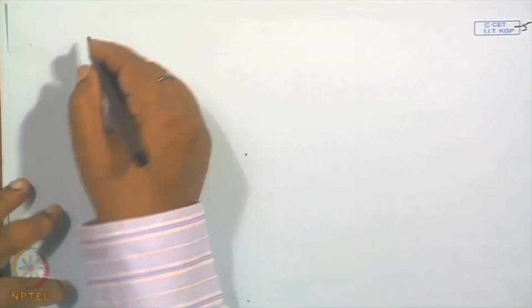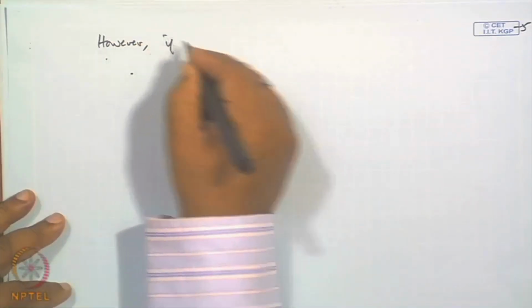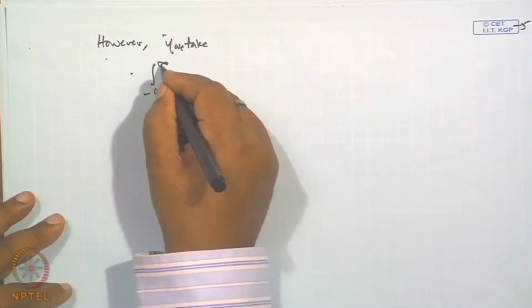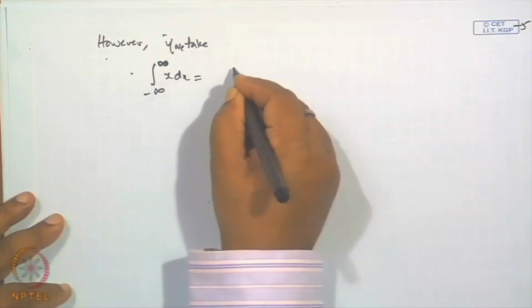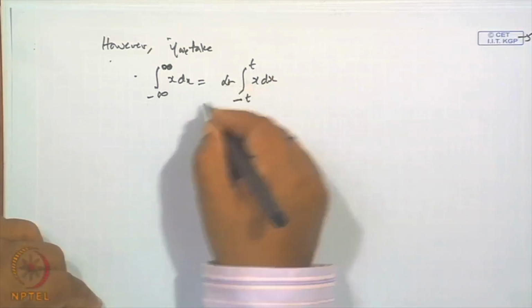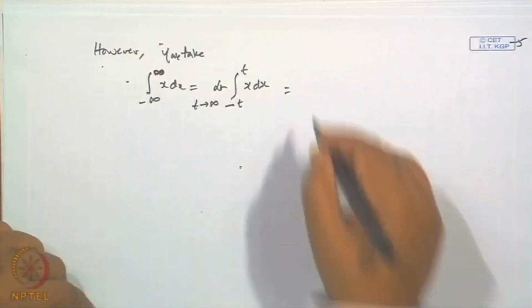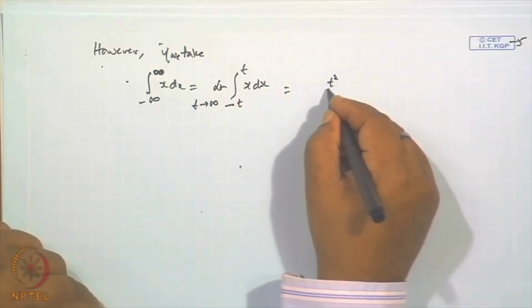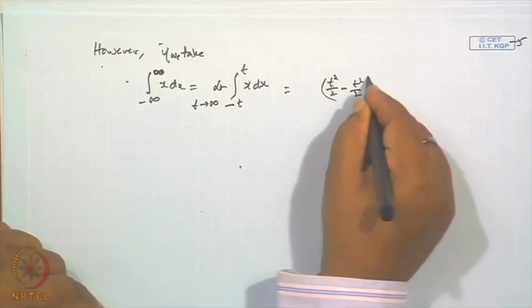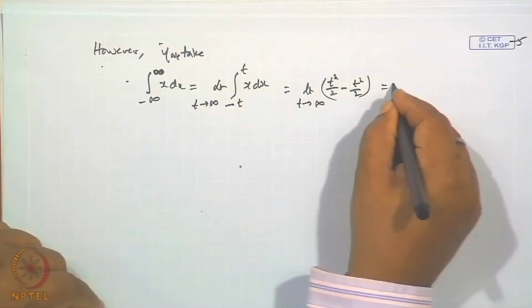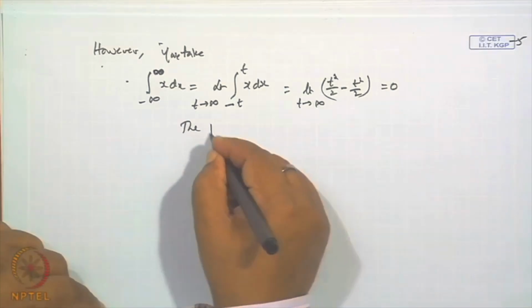However, if I take the principal value, that is, if we take the integral from minus infinity to infinity of x dx as the integral from minus t to t of x dx with the limit t tends to infinity, then what do you get? You get t square by 2 minus t square by 2, is it not? That is x square by 2 between the lower and upper limits, with t tends to infinity, and that comes out to be 0. So what says the principal value